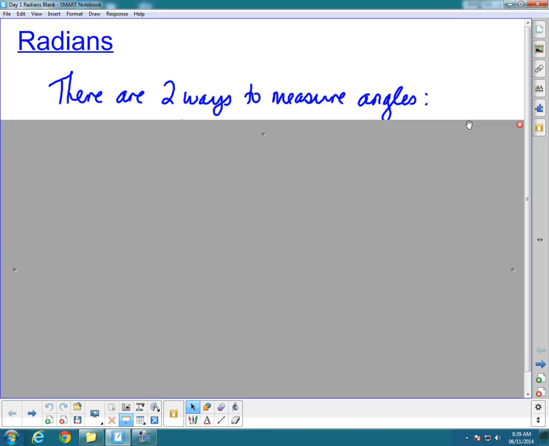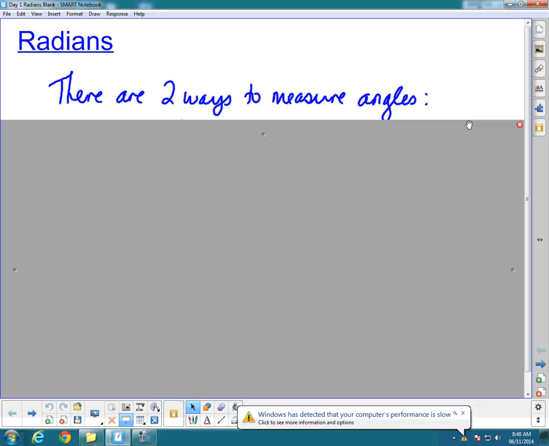Okay, so we're going to start a new unit today, and we're talking about trigonometry. We're going to jump right into trig functions, as opposed to the trigonometry that you started with last year. Last year, the trigonometry you started with was solving triangles, right? And then the second part, you talked about trig functions, about the graph. Okay, we're going to jump right in and talk about trig functions,